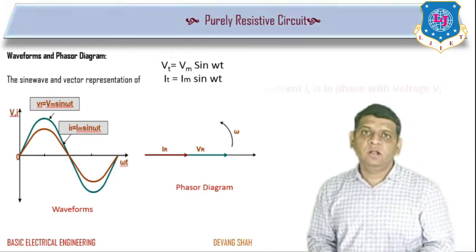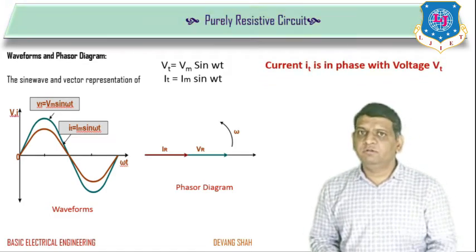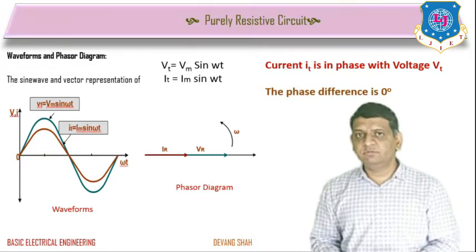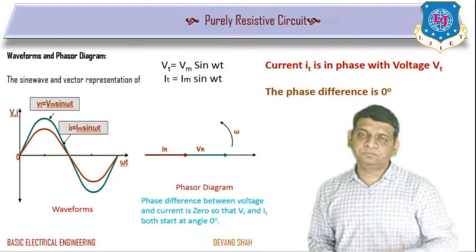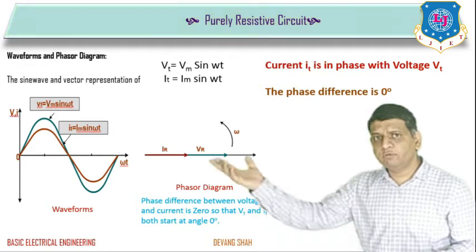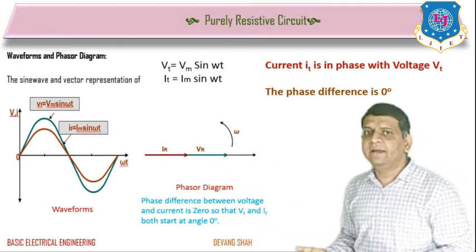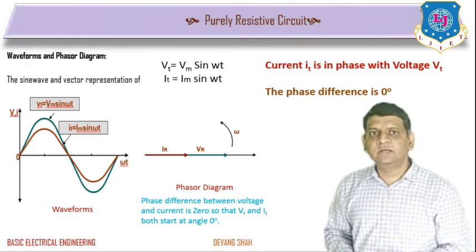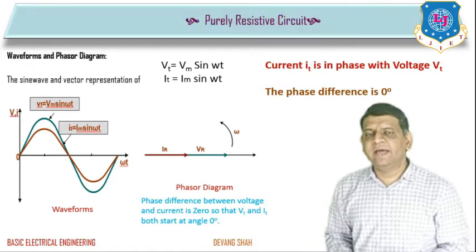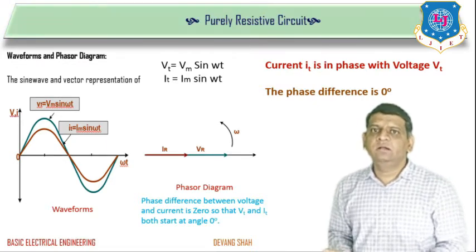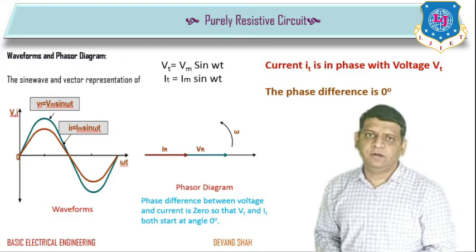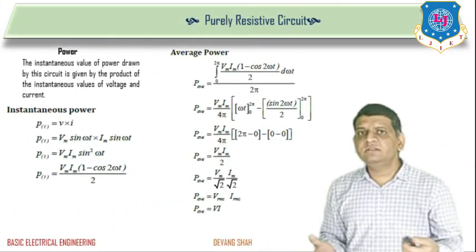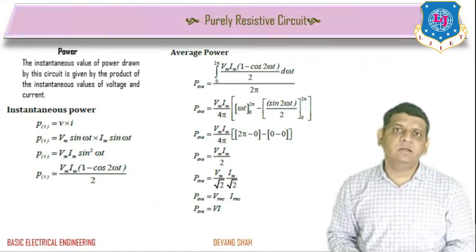So I can say here voltage and current both are in phase, and the phase difference is 0, right? The same statement we carry forward from our previous slide, where the phase difference of voltage and current is 0, so that Vt and It both start at 0. Right, now our point number 3 is the power calculation, where you can see here if you have to find